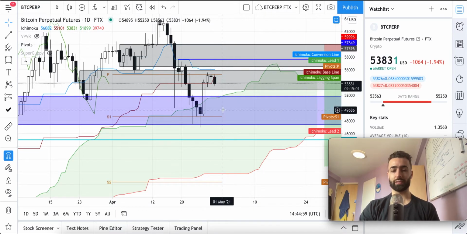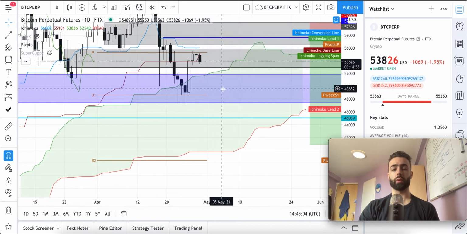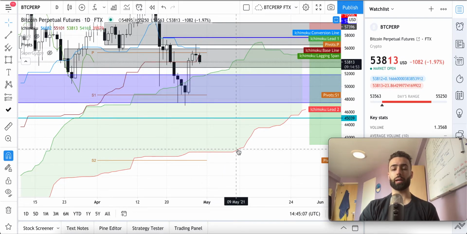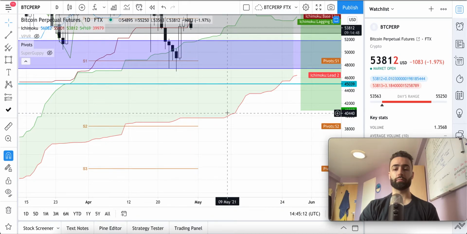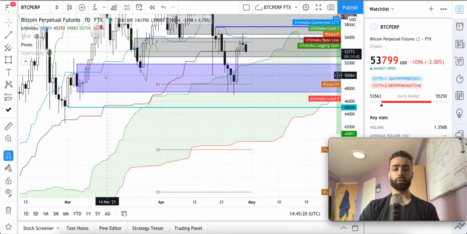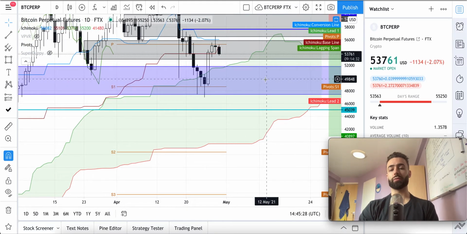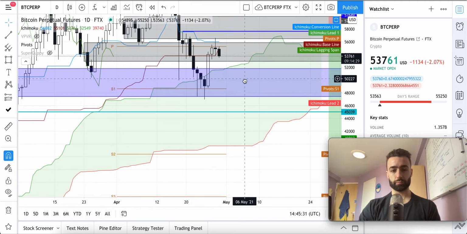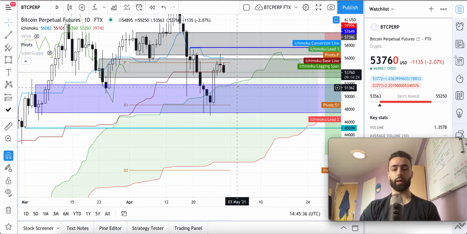If we do end up going back inside of this zone and closing inside of it, that will give us pretty good confidence for a push down to the bottom of the Ichimoku cloud, which is down here at roughly where my target is, right around 40 to 41K. So this blue level has been tested already once, twice, and now if we test it again a third time, it's weakening with each subsequent test. So that's something to be aware of as we're looking at this. And so that is where we'll start to look for potential short trades